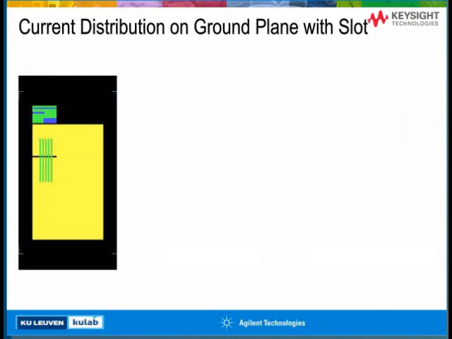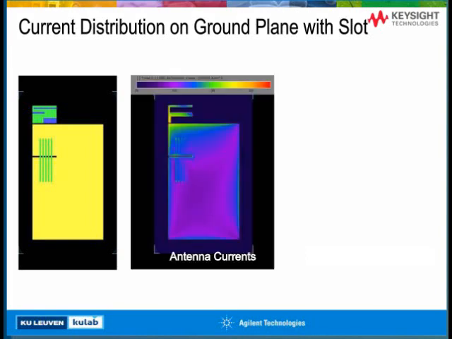Now let's go a little bit further and look at what happens when we have some discontinuities in the return current part of the interconnects itself. So Hisu already talked about the influence of a slot. Now what happens when we put a slot underneath the interconnects? Two things happen. First, the slot will also influence the antenna currents. What we see is that the antenna currents are pushed more inwards because of that slot.